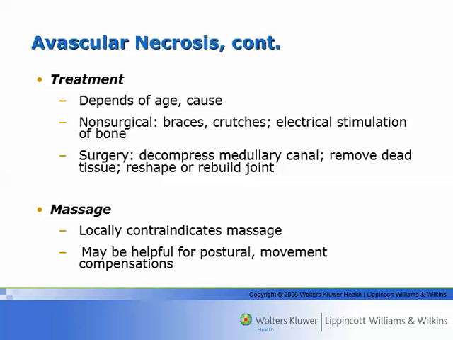Now, when it happens in kids, it's called Legg-Calvé-Perthes, sometimes called coxa plana, which means flat hip. Osteochondritis deformans juvenilis is another name for it. So it happens to be that. It has to be at the proximal end of the femur, at the femoral head. And what happens is